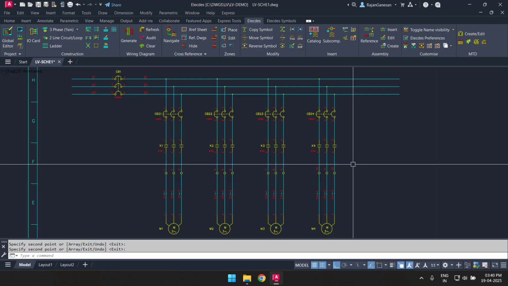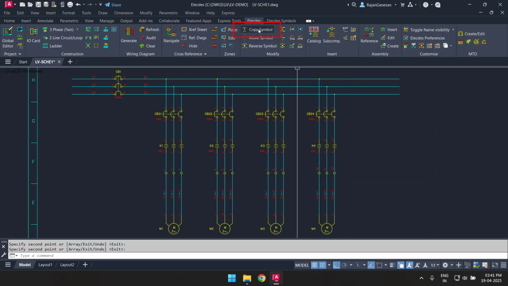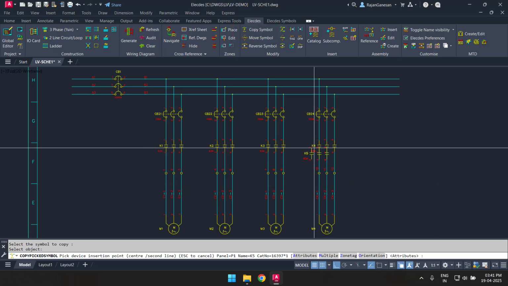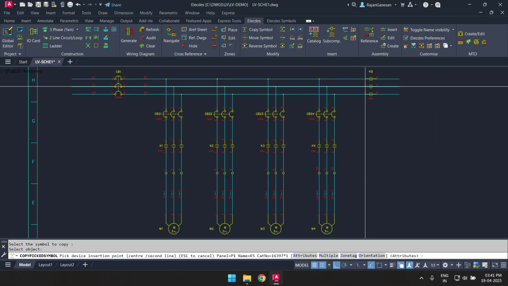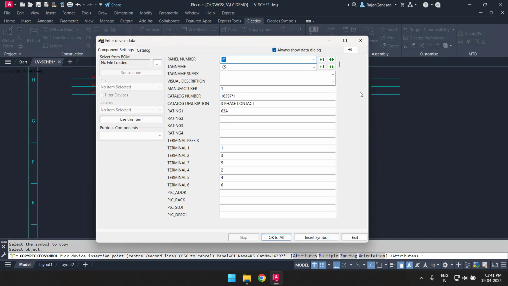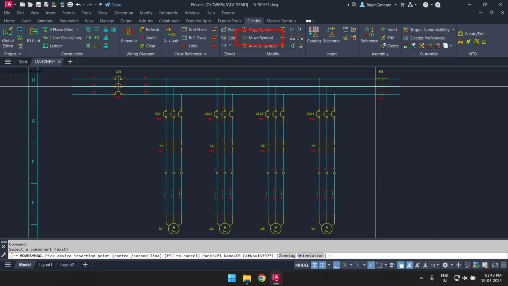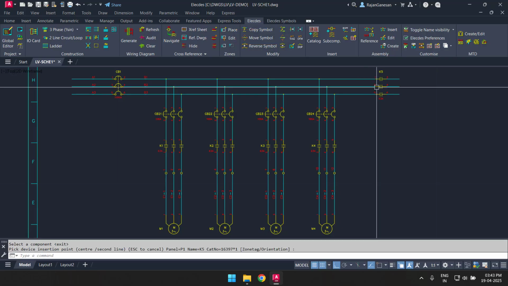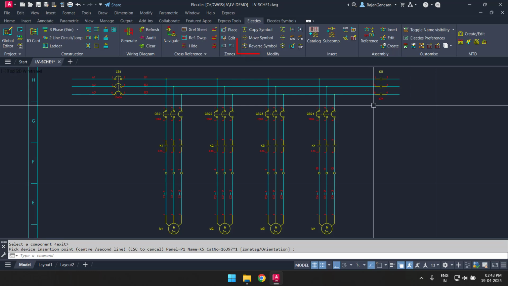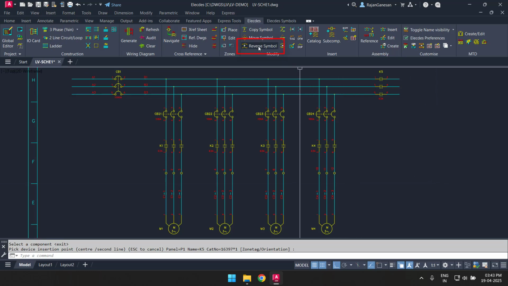So far, we have used an Elecdes macro to draw our circuit. Elecdes also has many simple drawing and drawing edit functions. I can, for example, use Elecdes to clone any circuit component. Elecdes allows me to easily change the orientation, tag name, and the spec of that component. I can easily move components with line breaking and repair being fully automatic in Elecdes. I can quickly reverse any component symbol.